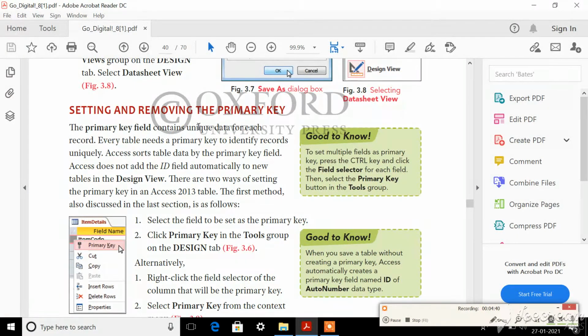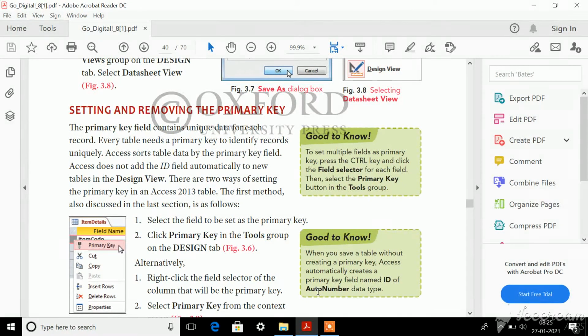Each row in a table is called a record and each column in the table is called a field. So you remember, isn't it? Now a primary key is a field that contains unique data for each record.